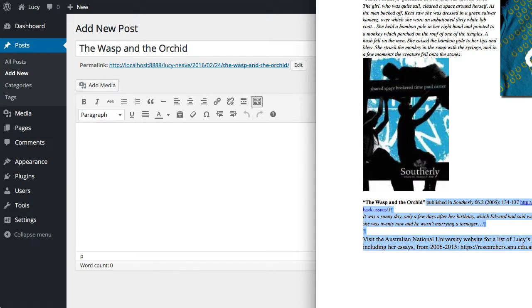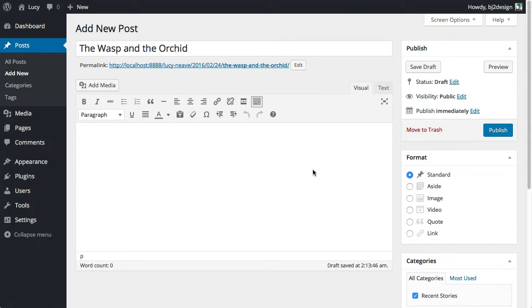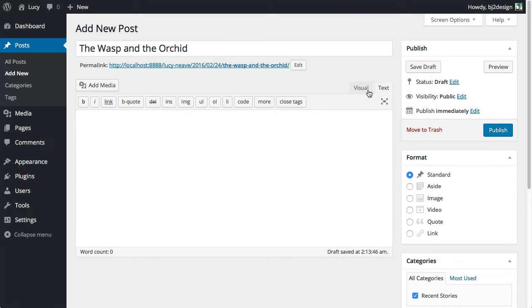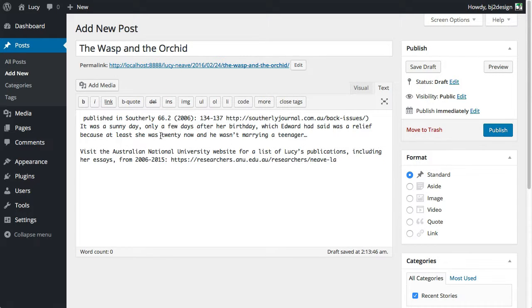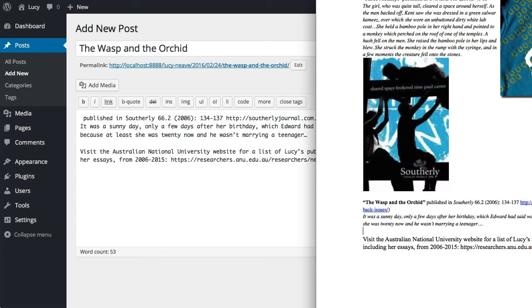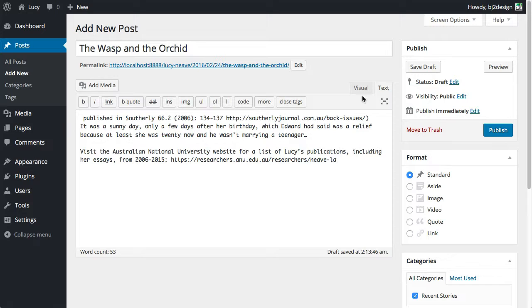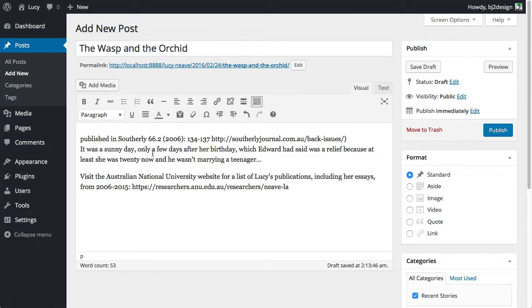And a few little things here, when we copy and paste from another document, whether it be on the internet or a Word document of such type, it's always good to paste into your administration part via the text option, which we'll just click then, not the visual option. The reason why is it just strips out any previous formatting. And why is that good? Because some of that other formatting sometimes has code within it, and it adds a bit of additional code that you don't really want to add to the website. So let's just click that back to visual now, because we've cut and pasted that in there now,